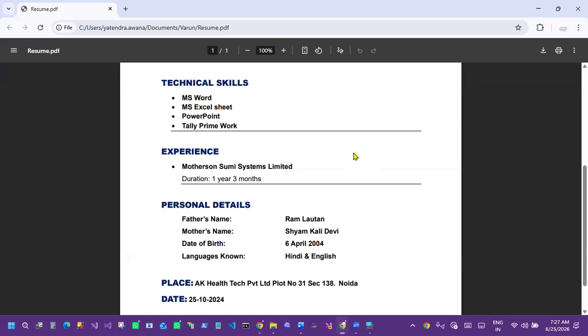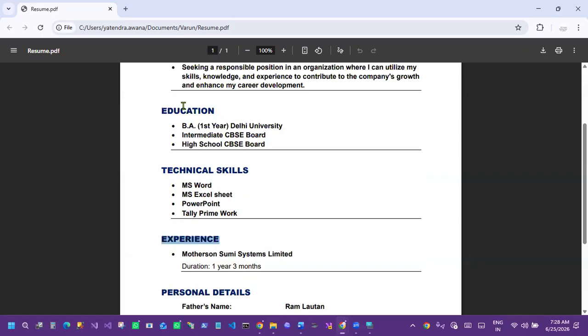Don't worry, just concentrate here. All the headings should be the same. Like you can see here, every heading has the same size, same color, same style. This is called formatting.